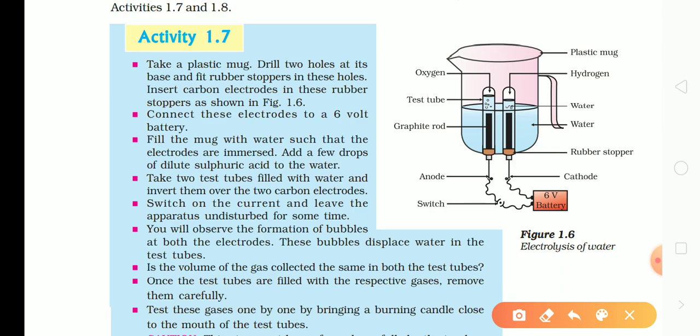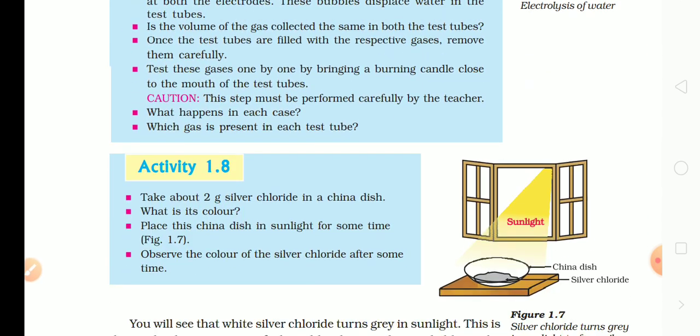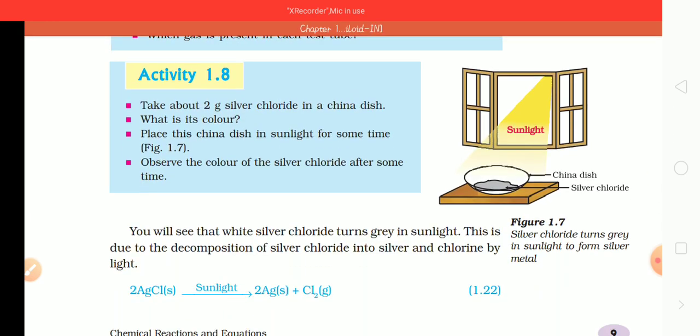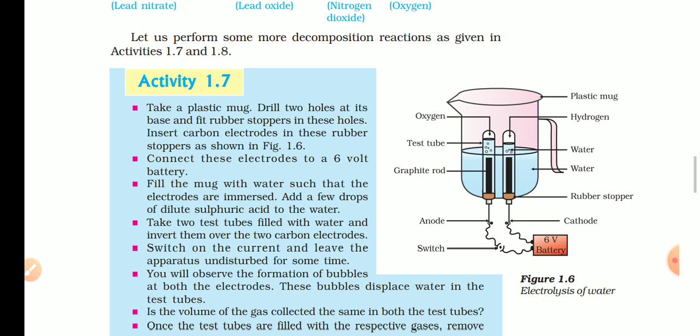You can see in the test tube this much area is filled with gas, hydrogen in fact, and only half of that area is filled with oxygen. So again, you can see the corresponding equation there. It is not given there, so I will write the equation for you. Check out the equation.